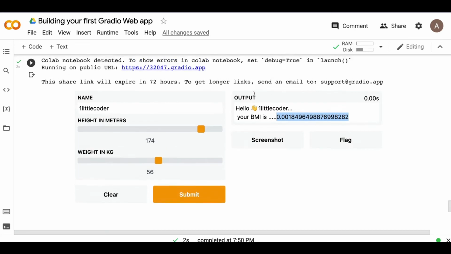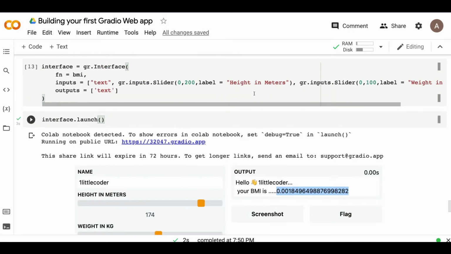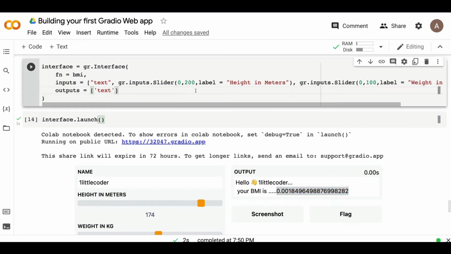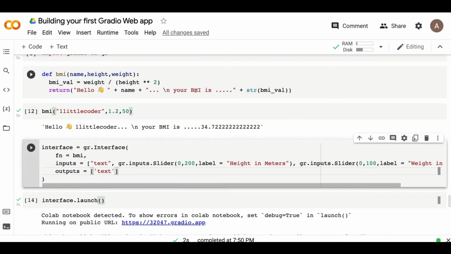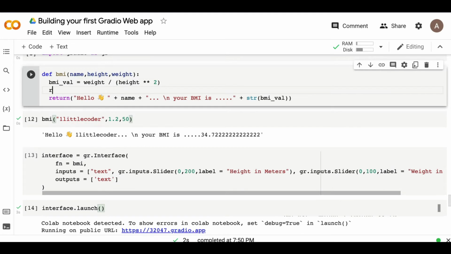So at this point you can see that we have successfully managed to get 3 inputs, and we are also outputting 1 output. But what if you suddenly think, instead of just having 1 output, let me have 1 more extra output. Probably that output is something like an emoticon. If the BMI is less than this, let's say there is an emoticon. If the BMI is greater than this, let's say another emoticon. So result emoticon is equal to,